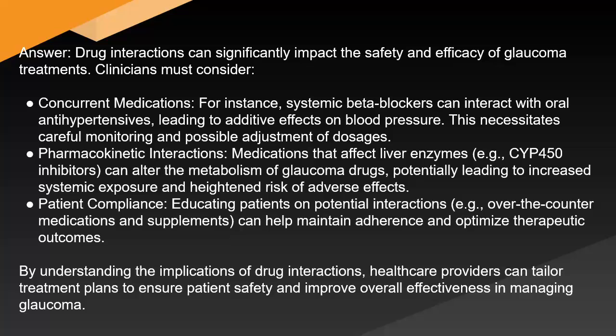Medications that affect liver enzymes, e.g., CYP inhibitors, can alter the metabolism of glaucoma drugs, potentially leading to increased systemic exposure and heightened risk of adverse effects. Patient compliance. Educating patients on potential interactions, e.g., over-the-counter medications and supplements, can help maintain adherence and optimize therapeutic outcomes. By understanding the implications of drug interactions, healthcare providers can tailor treatment plans to ensure patient safety and improve overall